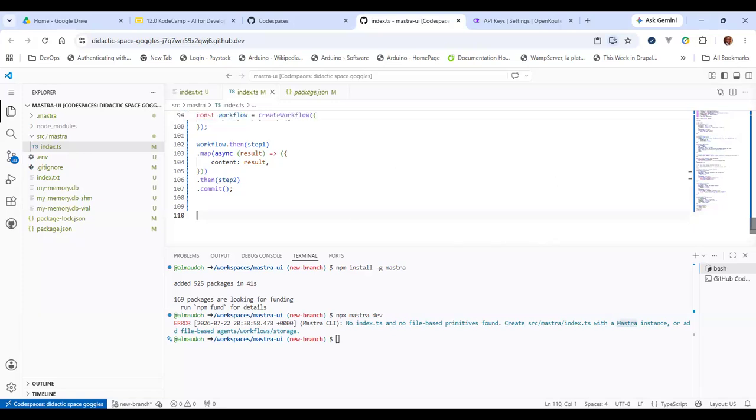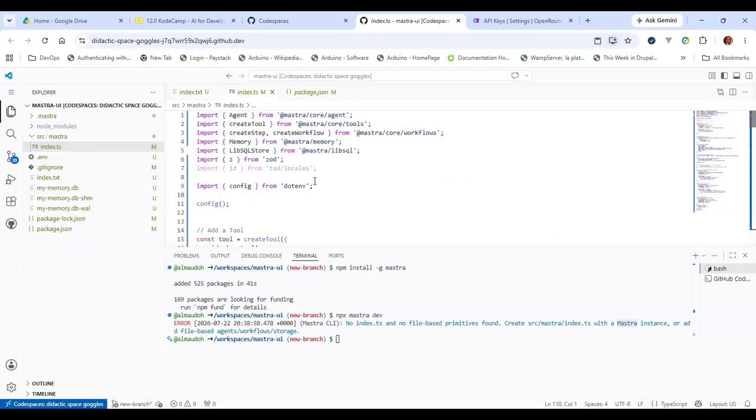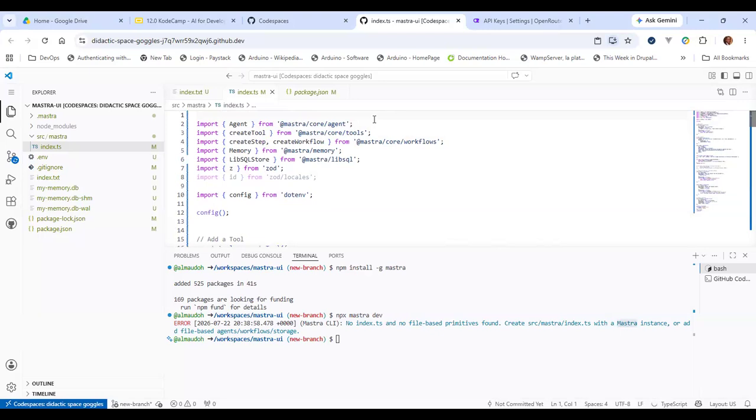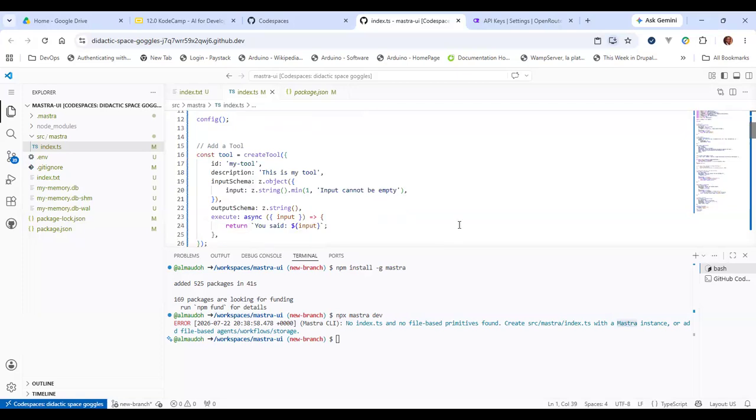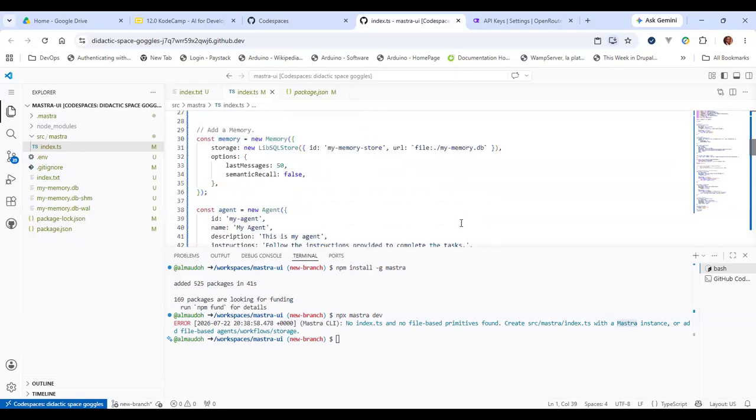So you first of all, of course, have to import Mastra itself. Import Mastra from @mastra/core. We'll just start with that for now.